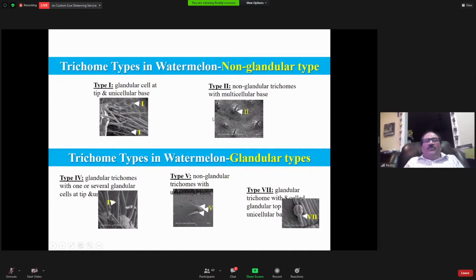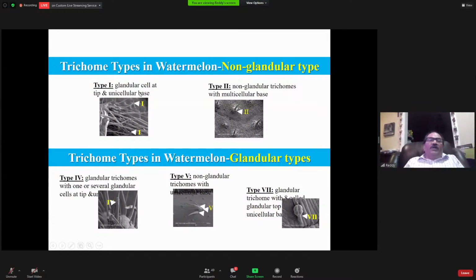Talking about trichomes, there are about 5 different kinds of trichomes. The trichome research is very well established in tomato. And in tomato, they are deploying acyl sugars from the glandular trichomes as insect resistance or insect deterrents.